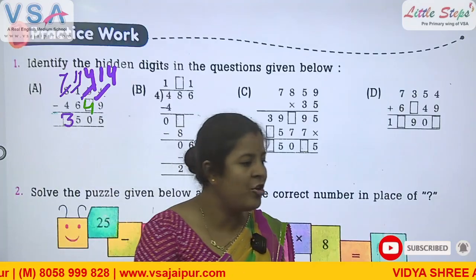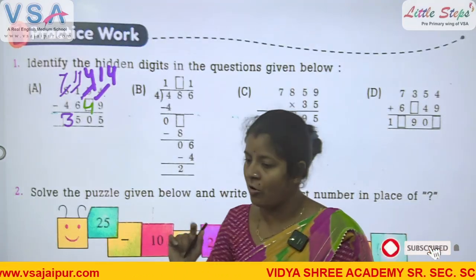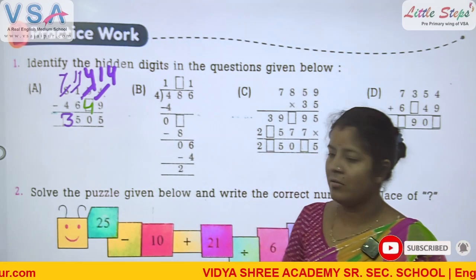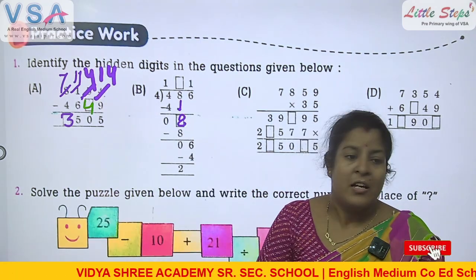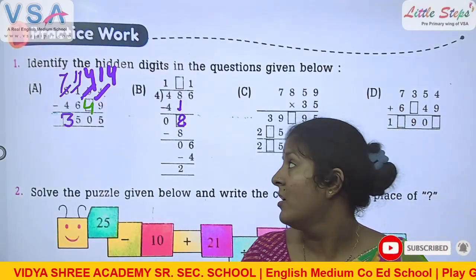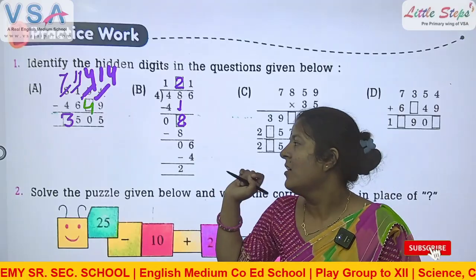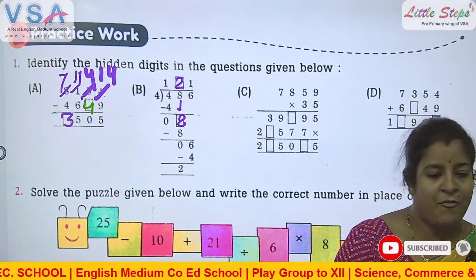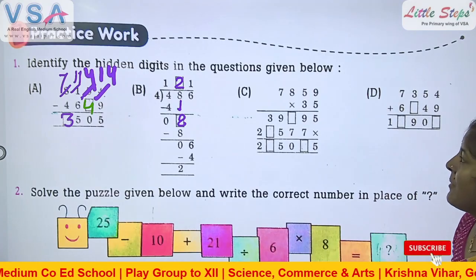And the next question is the division. 486 divided by 4. 4 ones are 4, and write the same number on this side, 8. 4 twos are 8, then we write 2 on this side, and the last is 6. 6 minus 4, 4 ones are 4. Then the remainder is 2. Then the next is multiplication.